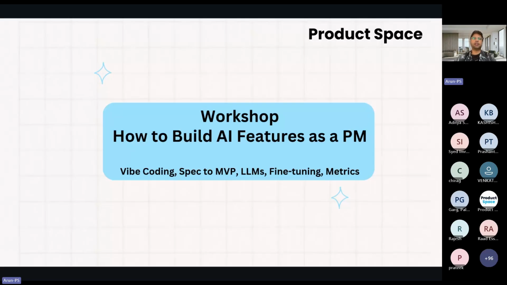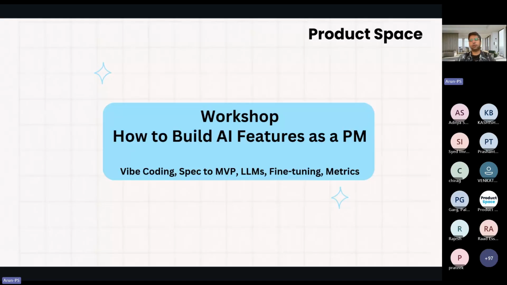A lot of things that I'll try to cover in the first half are already done in a lot of depth by us over the last 1 year since AI started becoming the new normal. I think in yesterday's session, some JDs were also shown, and there was also talk about how the role itself is evolving with the new expectations from PMs to also vibe code or create MVPs and do quick prototyping,